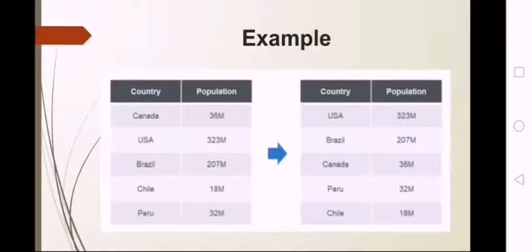In other words, the country with the highest population is sorted to the first row, followed by the country with the second highest population, and so forth. This allows the reader to easily understand the order of the countries without needing to compare all of the numbers in the table.